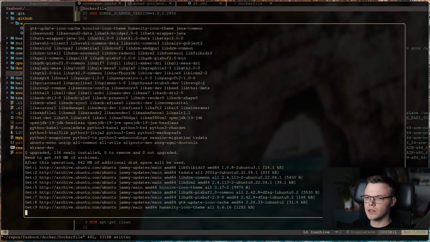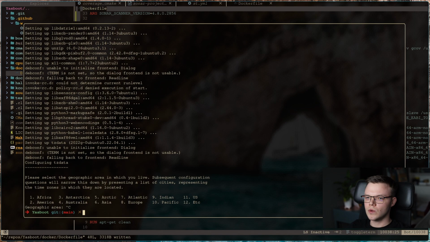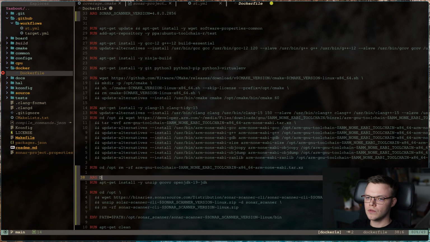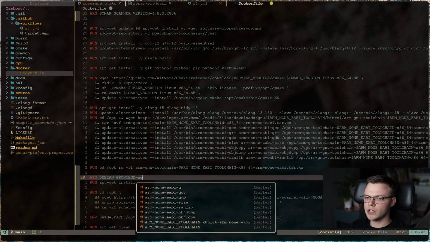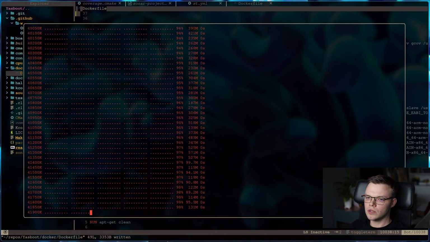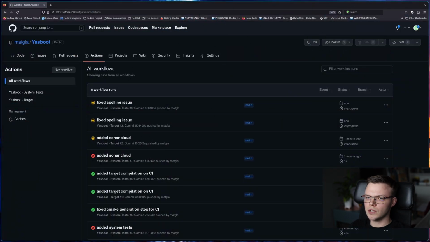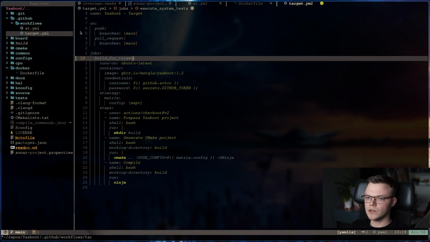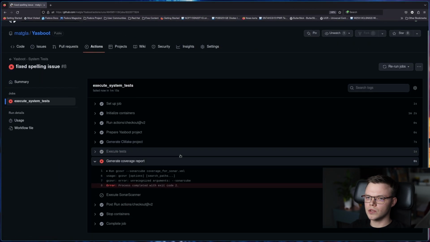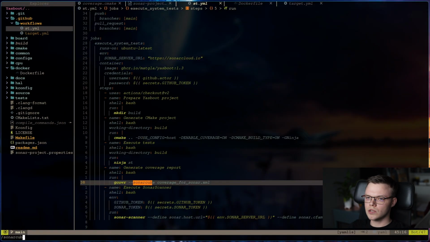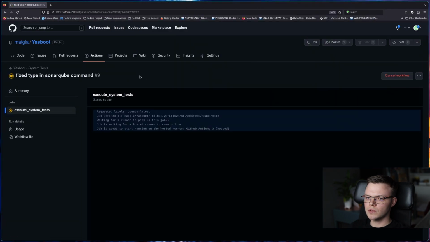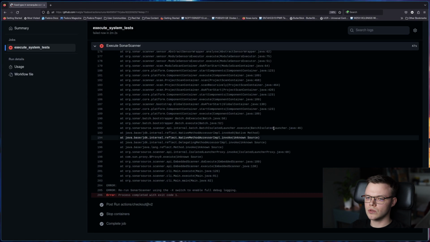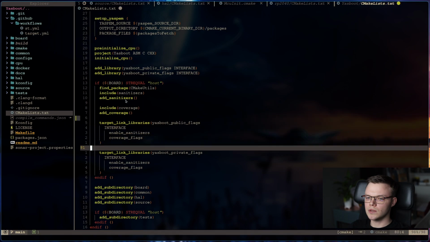If you face an issue in Docker while installing software from a repository that uses interactive configuration, you have to disable it. And let's verify that our continuous integration is working. In the meantime, let's fix the name for the target because I copied it wrongly. The Sonar scanner was executed, but it failed because it does not support C++23, so let's change it to C++20.